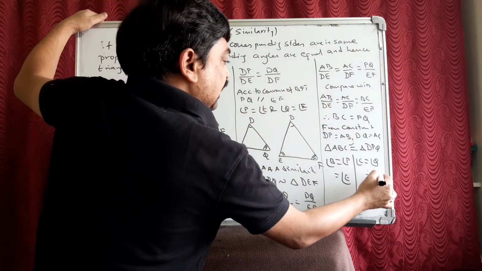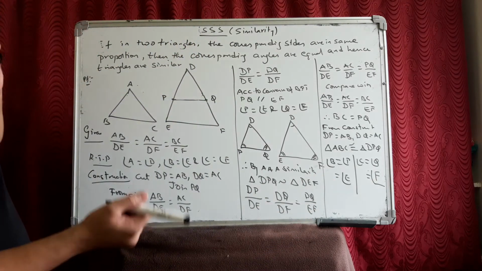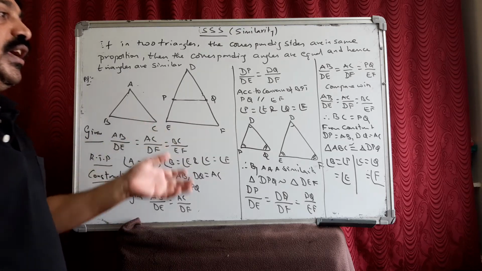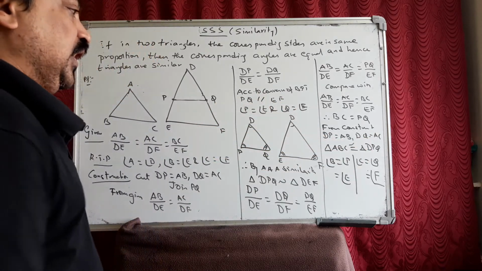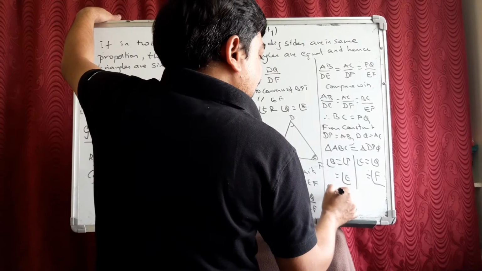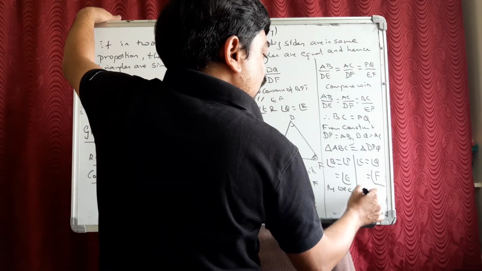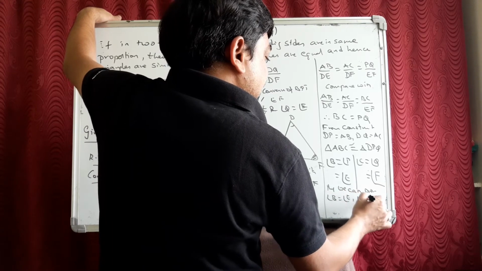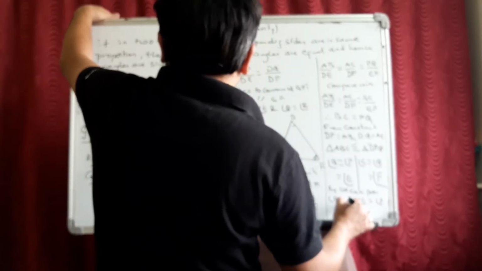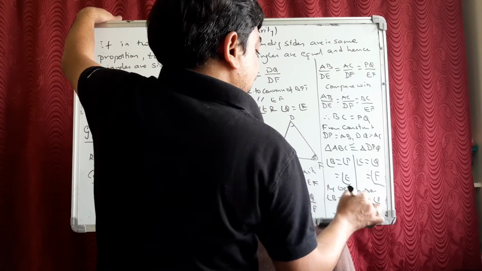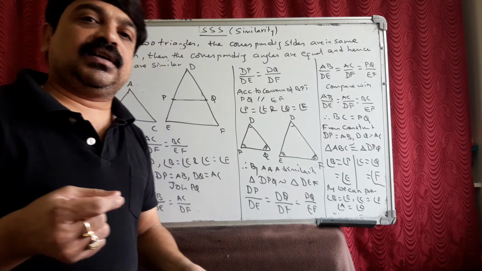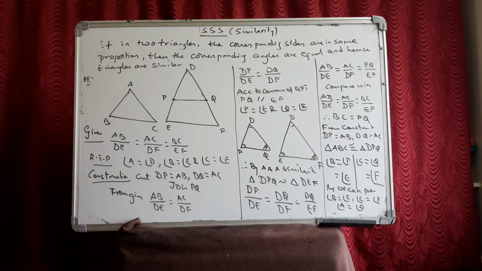Angle Q is equal to angle F. Therefore we proved two things. If we cut the line like this, then you can prove the other angle also. Similarly, we had no need to prove the whole thing. We can prove angle B equal to angle E, angle C equal to angle F and angle A equal to angle D. So in both cases we prove only two things and we write the third one for similar condition. Please pause the video and go through it carefully, guys.